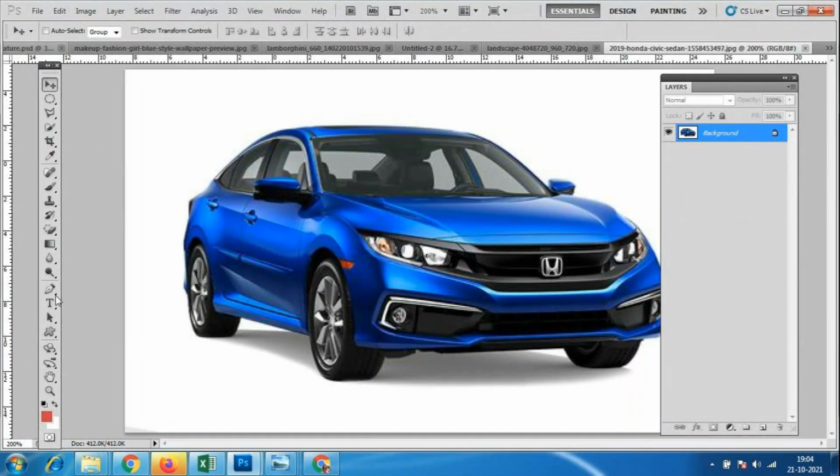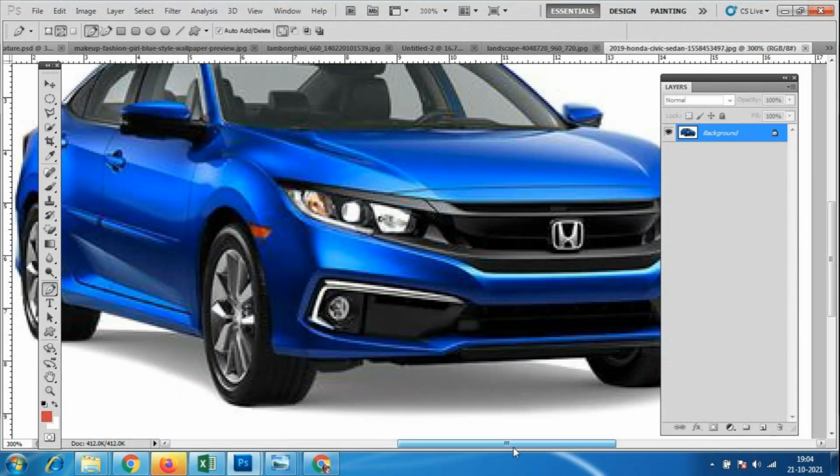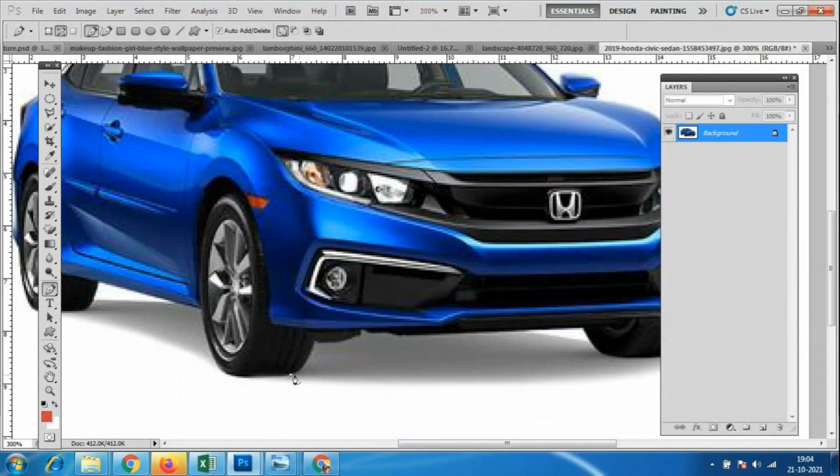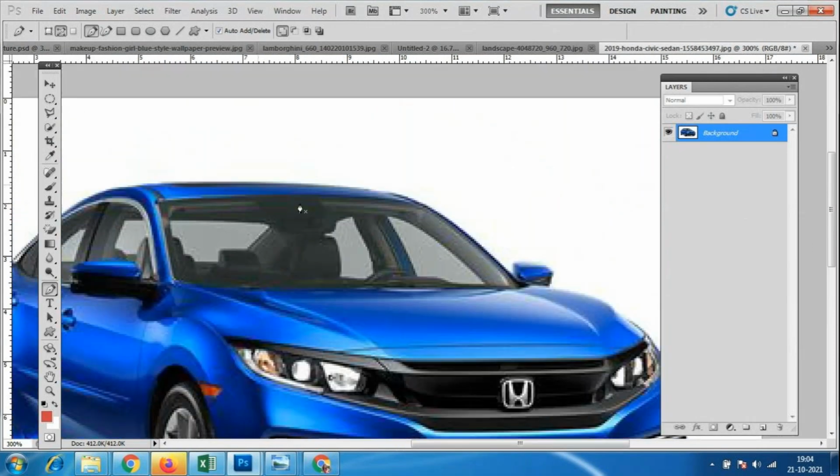I'll show once again how this pen tool works. So I'll go to here, from wherever the points you want, which are very comfortable points. So you can select over here. So I'll select from the top of this. So always use the left click. Okay, so like this you have to make it, and one point over here. Next, if I do it like this, it will not select properly. Alt and left click, and you can use it.